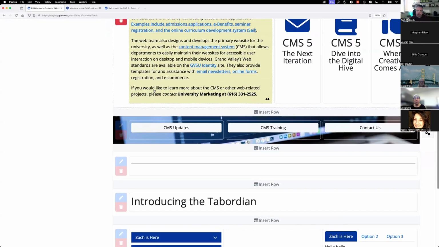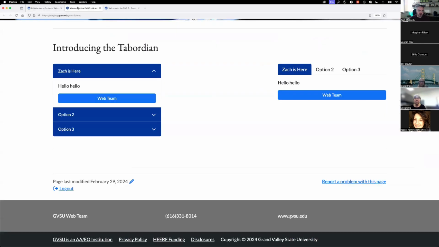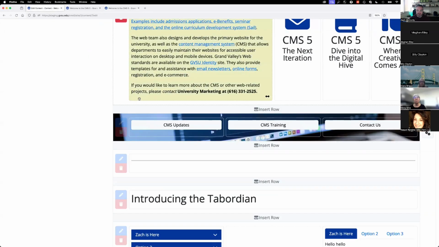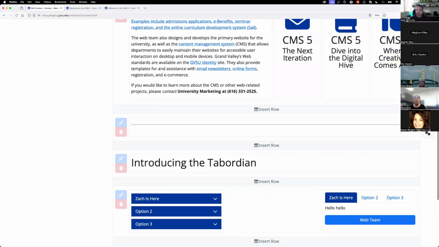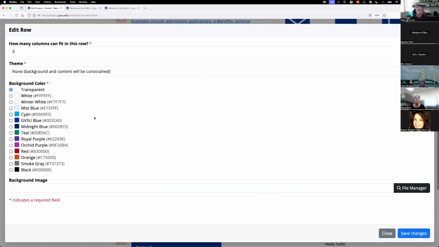One of those is, if I show you the demo page that we've created, you can see here we've got some links and some buttons, and there's a background image. We can now, with the CMS 5, if I were to add in a new row, and if I were to click on the edit button in the row,